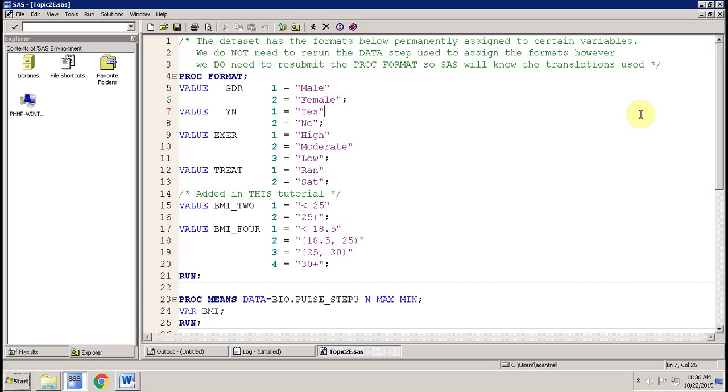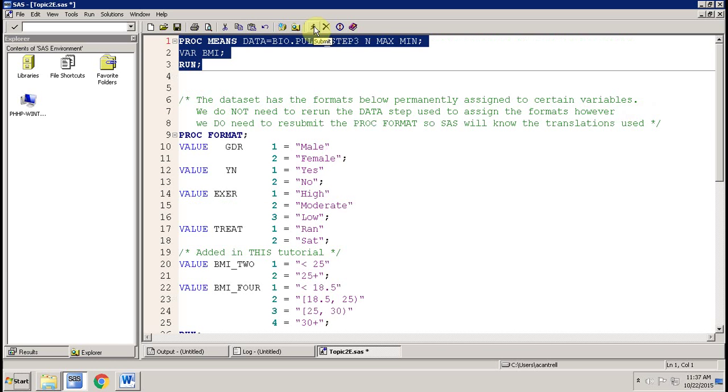We don't have any missing data here, but in practice, if you do, you will need to make sure that they are handled correctly. In SAS, missing data are ordered as negative infinity, so that if you try to select all values less than a number, the missing values will be included. If you always specify 2 endpoints for each category, then you can completely avoid this issue, and we will do that here. In order to follow along, you will need the SAS dataset pulse_step 3 after creating 2 new variables.